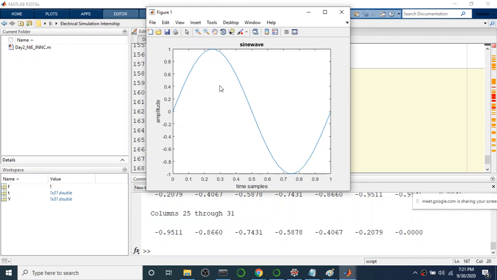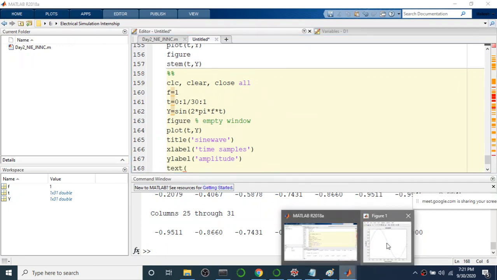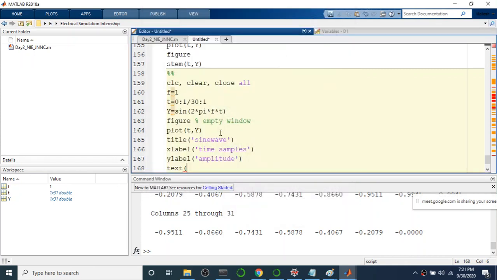Say you want to mark something up in your plots, you can do that using the command text. For example, this maximum peak, max peak, is at a location on the X axis, at the index value 0.25. This is the X axis position, and the Y axis position is 1. So I need to pass here the X axis position as 0.25, then the Y axis position as 1, then whatever string you type, like max peak, I'll write it. This string will appear at this position.